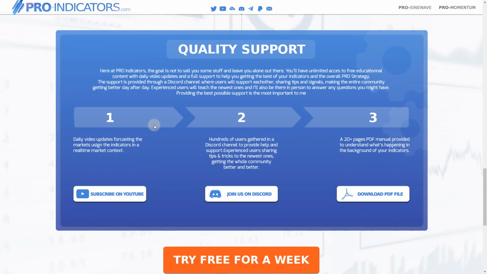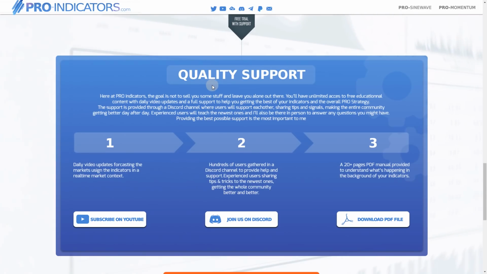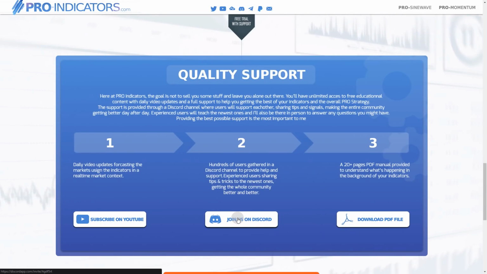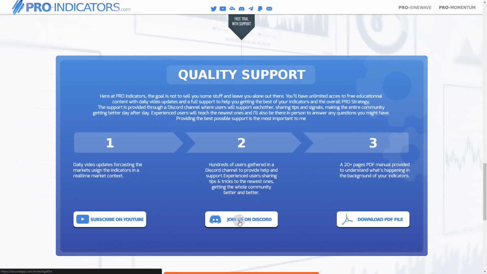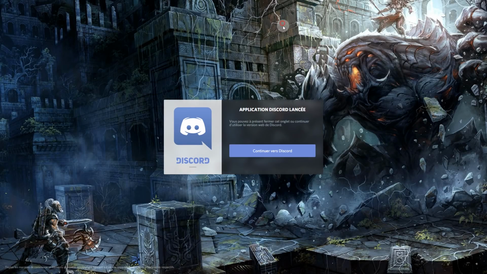website, proindicators.com. If you scroll down below the indicators, you'd have that quality support area in which you have that button to join us on Discord. So you'll basically simply click on that button. That will drive you in here, in which you can select to join the Discord, and then you can keep